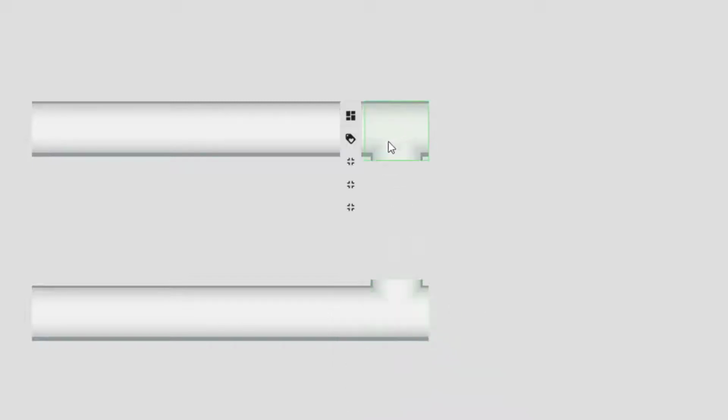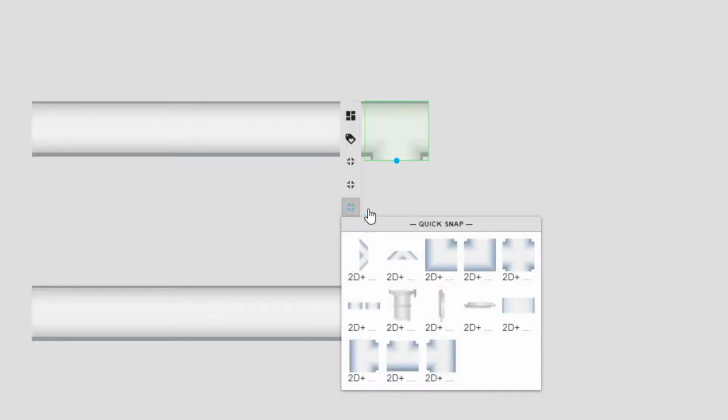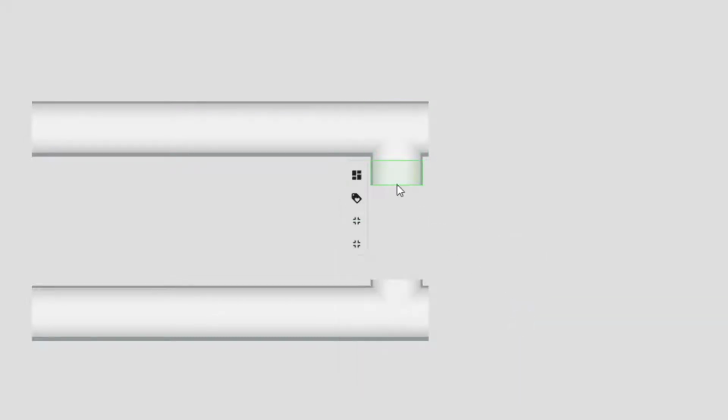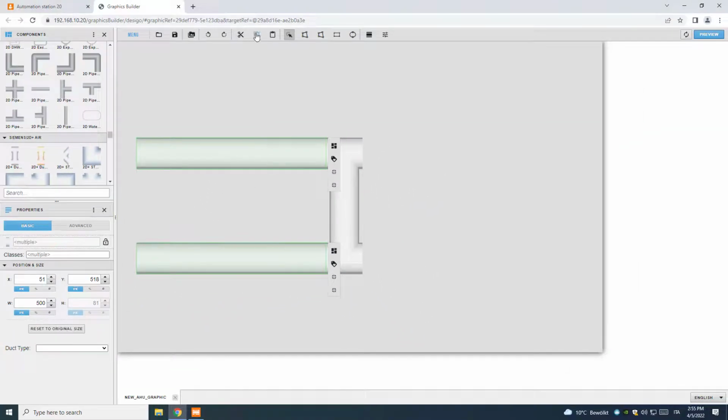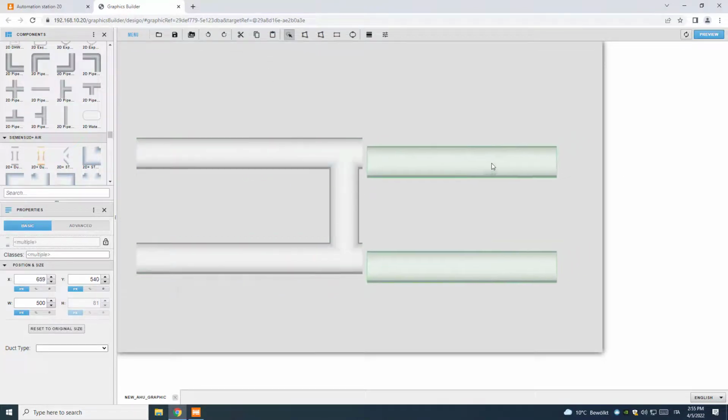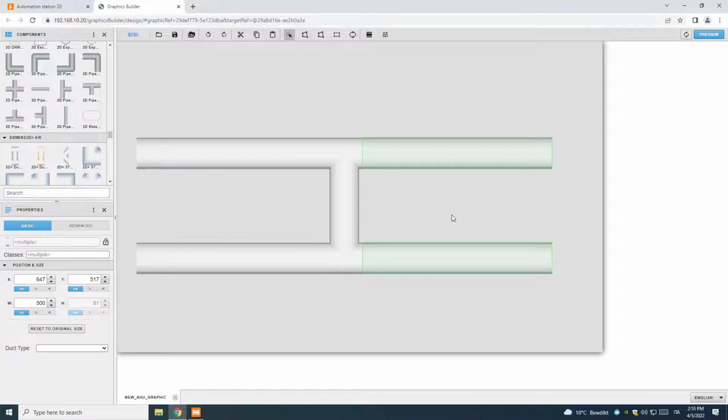To add one more duct, select the element, and drag it until it fits to the other duct. Of course, it's also possible to copy several elements, like these two ducts. Copy and paste, and then drag it to the other place. When the ductwork is done, let's add a fan.